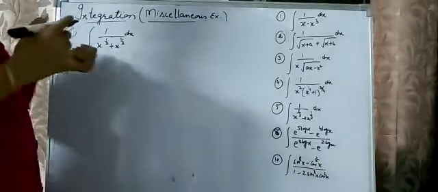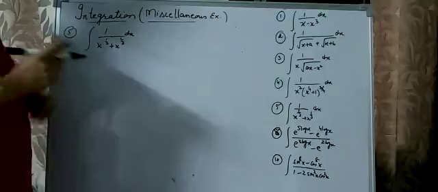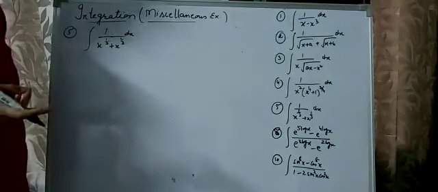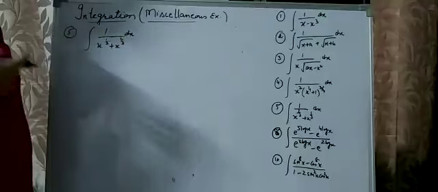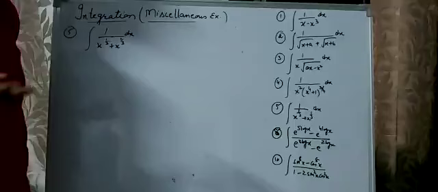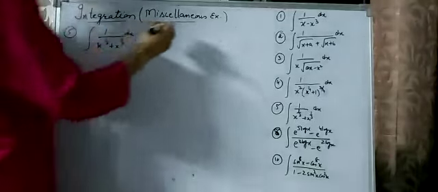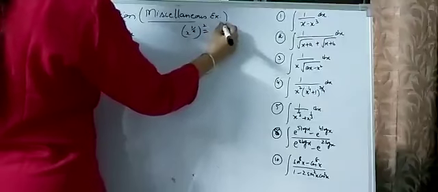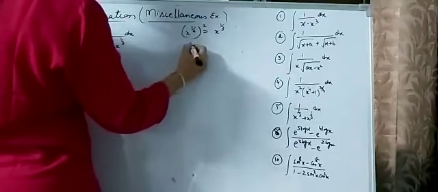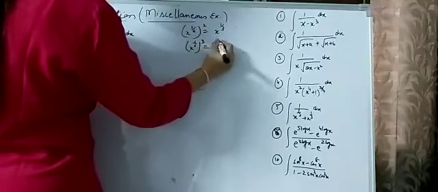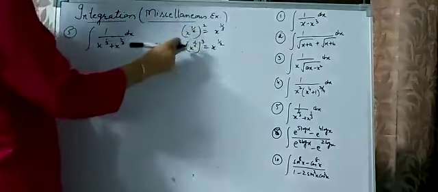Now how will you solve the integration of this function? Again, see in the question we have the powers 1 by 2 and 1 by 3. So we have to take a common power so that 1 by 2 and 1 by 3 change into whole powers. See, if I take x raised to power 1 by 6 and square it, it changes into x raised to power 1 by 3. And if I cube it, it changes into x raised to power 1 by 2.